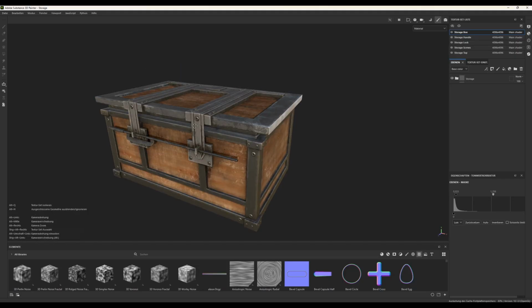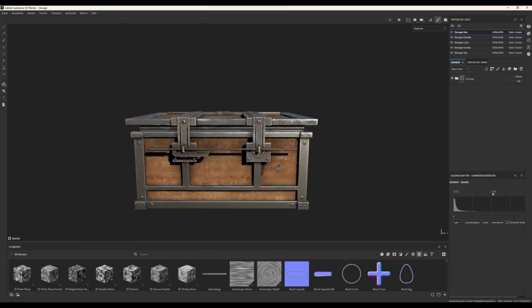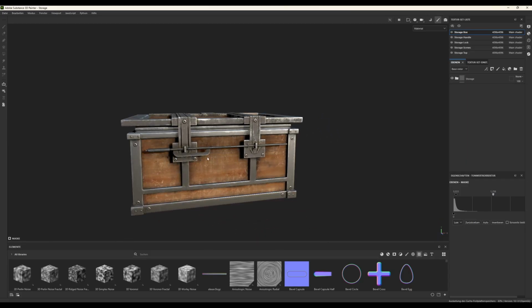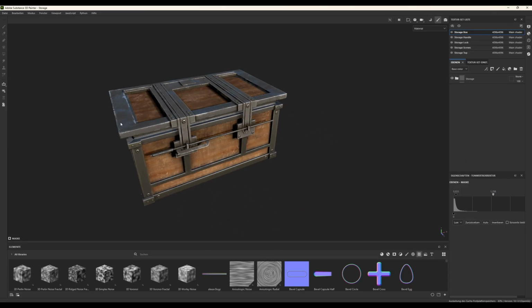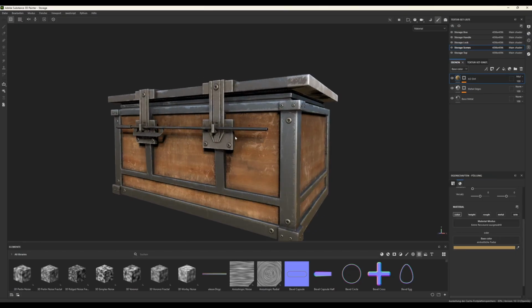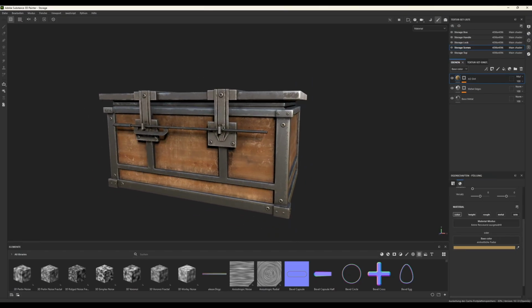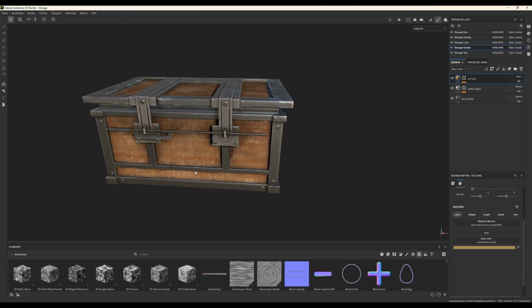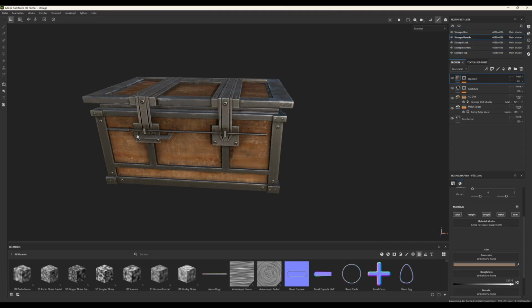So what I did, basically, for every part: you can see this is the box, then you have this handle, then we have this lock, it's a separate mesh, and we have the top. So we have 1, 2, 3, 4 separate meshes, plus the screws. So we have 5 separate meshes. What you need to do in Blender is assign a material for every single mesh. So I assigned a material for this one, which is called storage box. This is the box. For the handle here, I applied a separate material just for this mesh called storage handle,